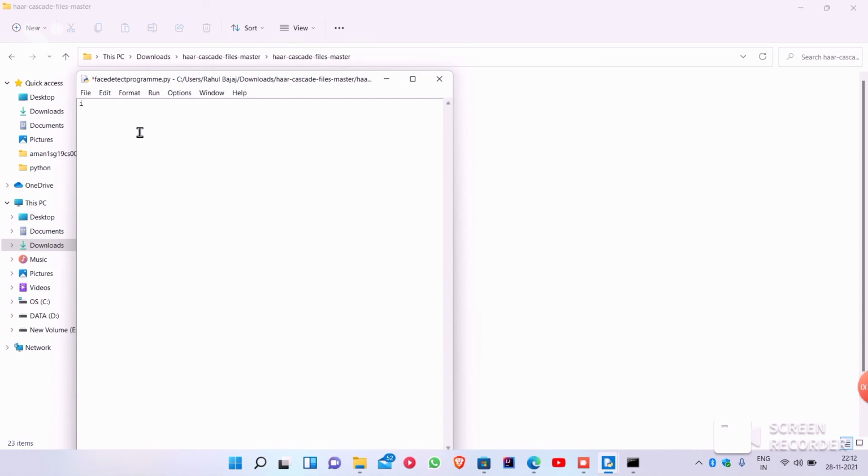We write import cv2. This actually imports our OpenCV package. We generally use the import statement in Python to import a package, if we want to use it, like import cv2 or import speech recognition, and import sys. Sys is a library used in Python. It has many functions, like we can pass arguments with command prompt, etc.